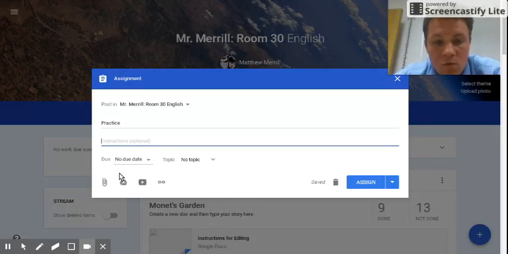Now, if you have a worksheet that you want the students to finish and do, then what you need to do is you need to add a document. Now, you can add Word documents, but since you're working in the Google ecosystem, you should always convert your documents to Google Drive. You can do that just by dragging and dropping the document from the desktop into Google Drive, and it will be converted. Then you can click down here